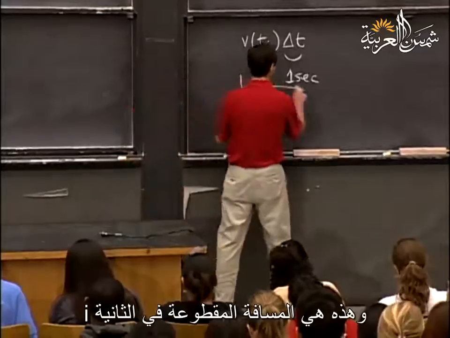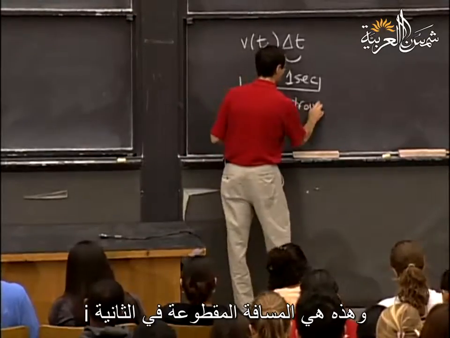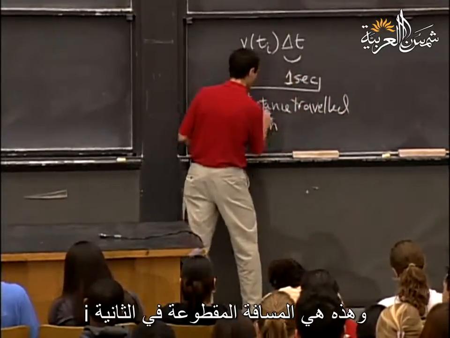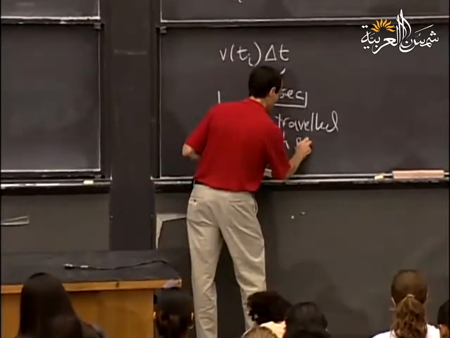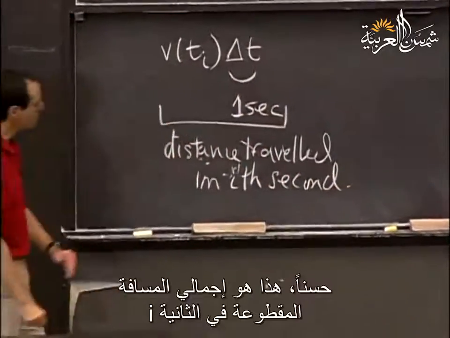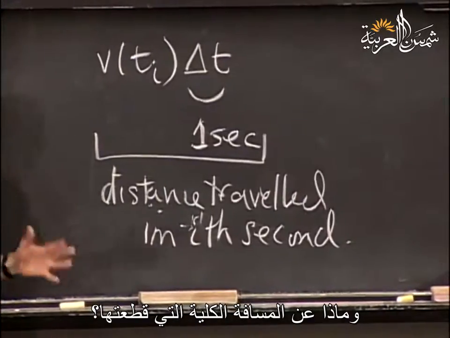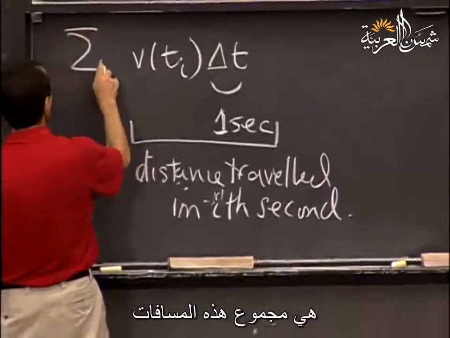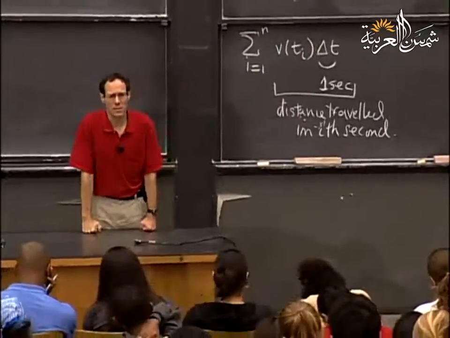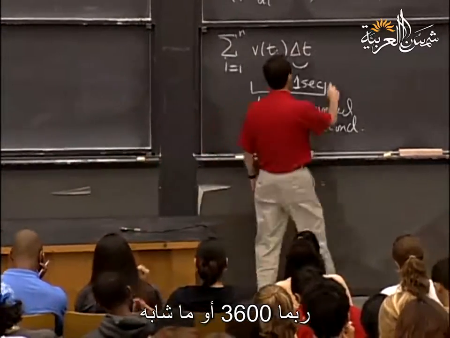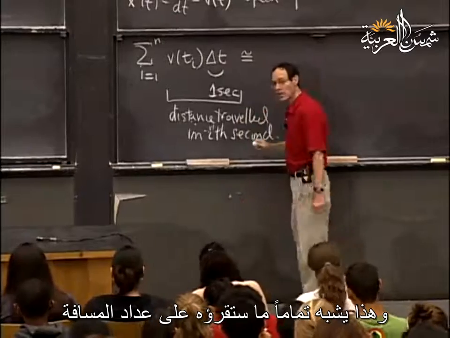So this is the time interval, and this is the distance traveled in second number i, in the ith second. The distance traveled in the ith second, that's the distance you traveled. Now, what happens if you go the whole distance? Well, you travel the sum of all of these distances. So it's some massive sum where n is some ridiculous number of seconds, 3,600 seconds or something like that, whatever it is. And that's going to turn out to be very similar to what you would read on your odometer,